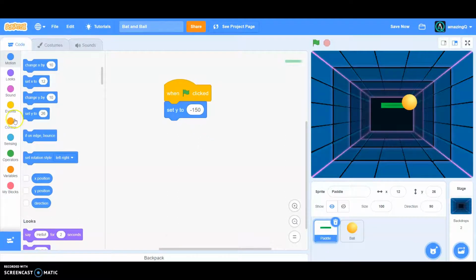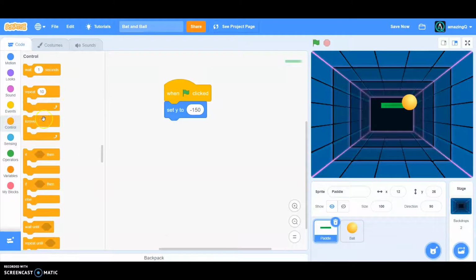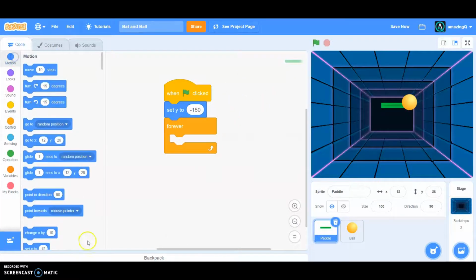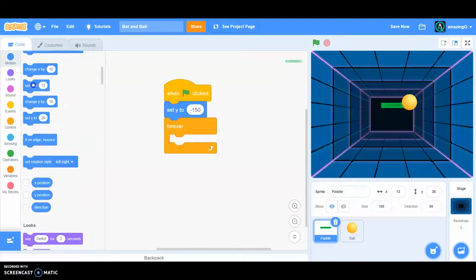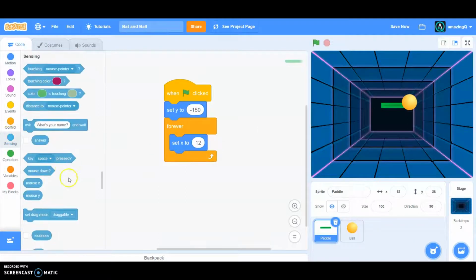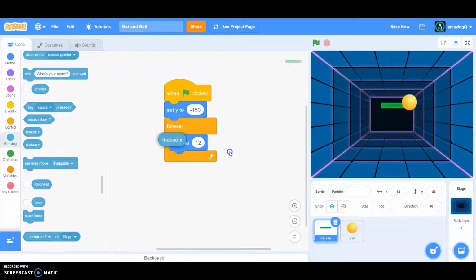And now go to control, and then grab a forever loop and put it in this. Okay, so go to motions and then set X to, then go to sensing and grab a mouse X, then put it in the right side. Okay,